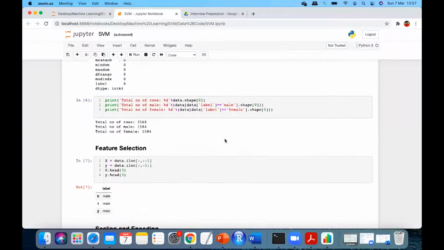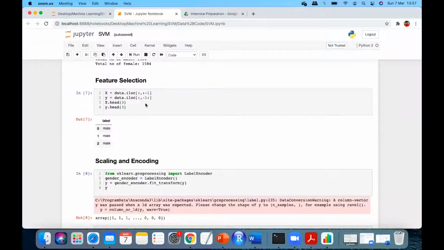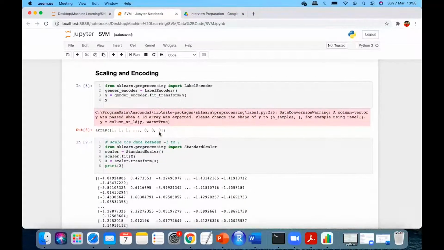Okay. Now feature selection, let's say label is, I just want to see, right? What is this that I am doing? Selecting all the columns except the last column. And here? Only selecting the last column, yeah. Okay, cool. Now pre-processing, I can do scaling and encoding, right? So for example, I can encode male and female into 0 and 1, right? So that I can do, correct?